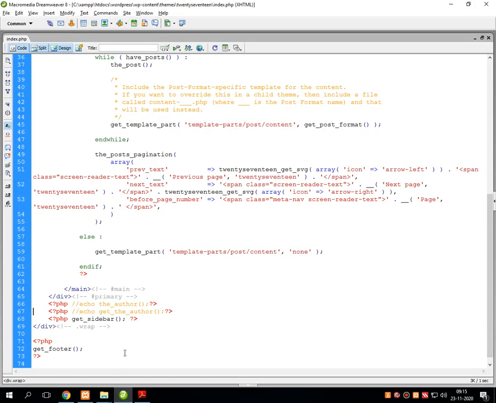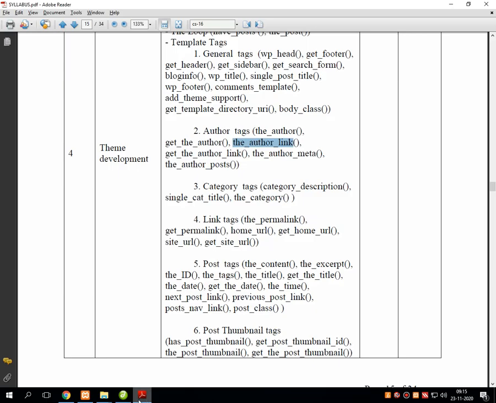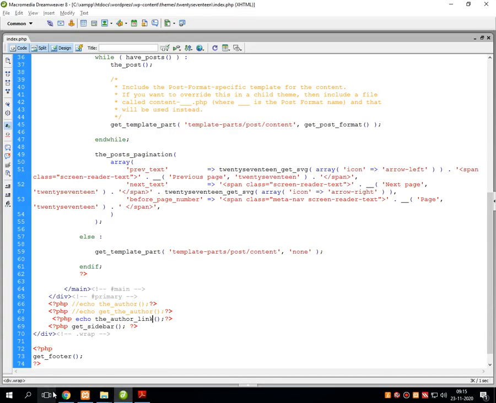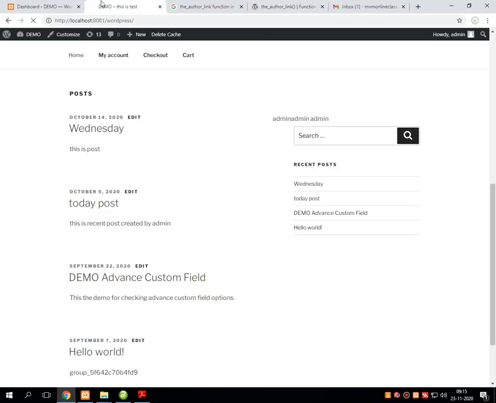For that, I am keeping the previous two functions as they are and I am adding one more PHP hook into the index.php file where I am enabling the echo statement with the_author_link, bracket and semicolon, right. And I'm saving this particular file and refreshing my page. Let's see what it displays.